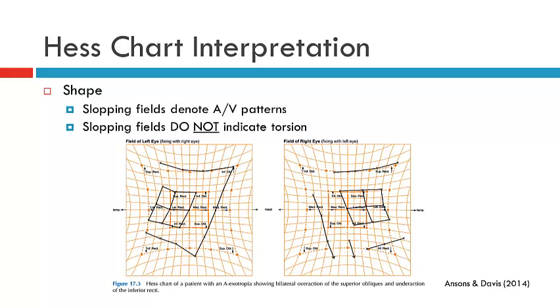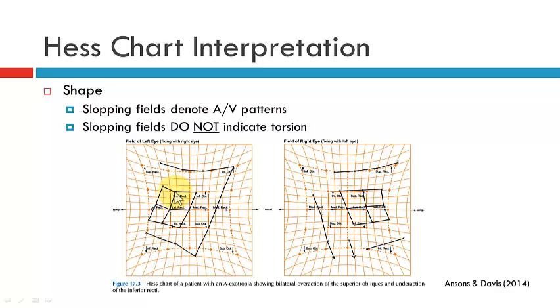Now remember, AV patterns are a result of a change in the horizontal deviation between up and down gaze. When assessing the AV pattern, it's best to do so utilising the outer 30-degree field, but I'll just use the inner 15 degrees as a starting point. What we see here is in depression, we have an exodeviation, and let's measure that. It's 5, 10, 15, 20 degrees exo in down gaze. Now let's have a look at up gaze, and we have 5, 10, maybe about